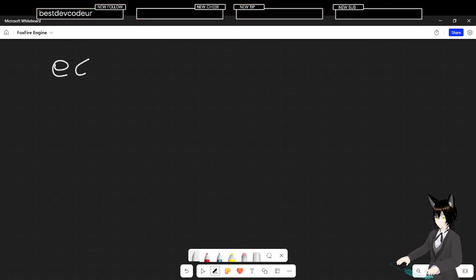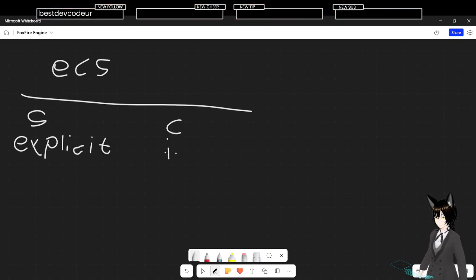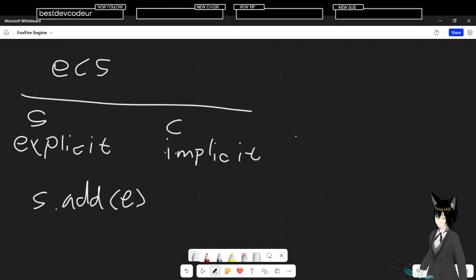I want my ECS to be... well... I want my systems to be explicit. And I want my components to be implicit. Right. So basically what I want to do is I want to have like a system dot add E. And then I want to be able to